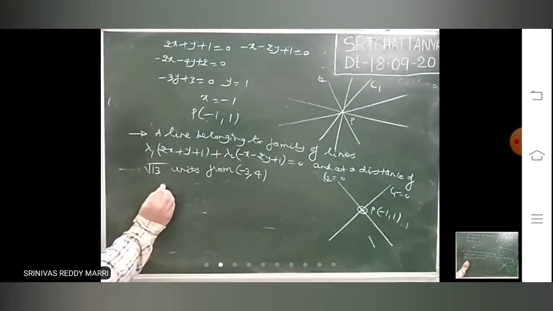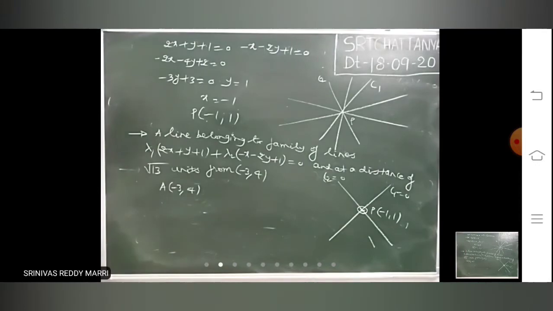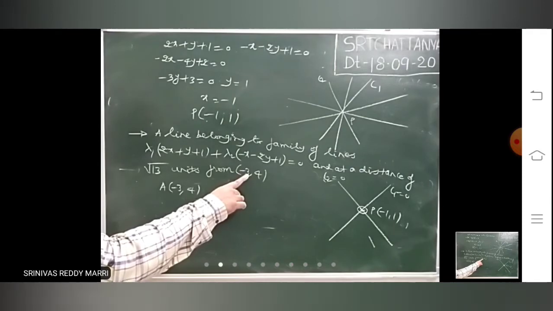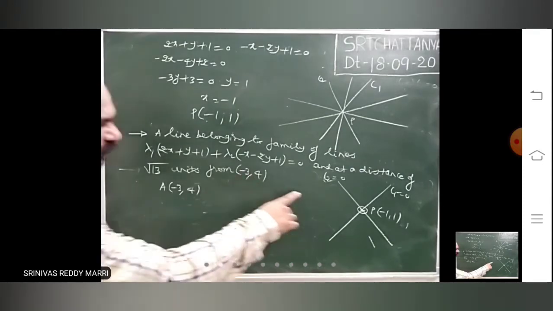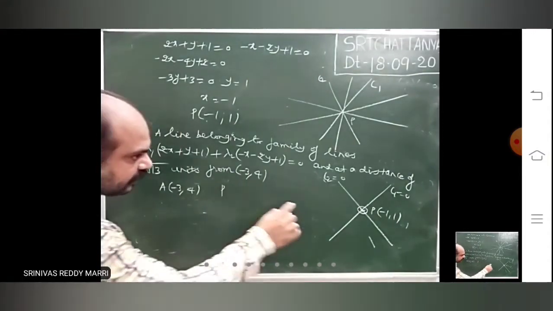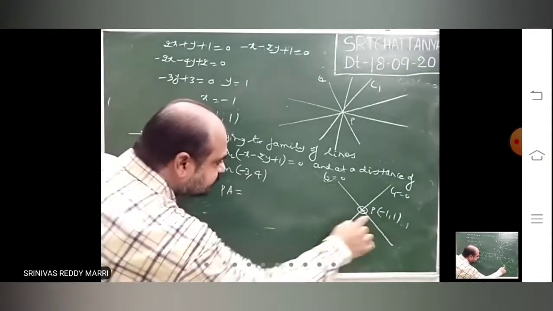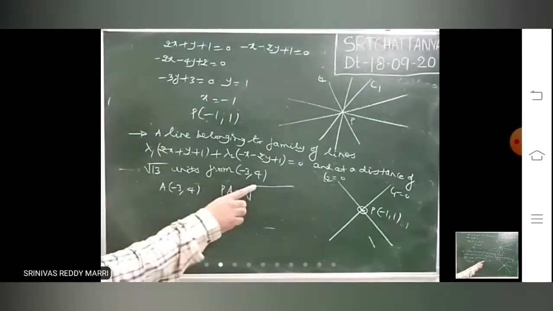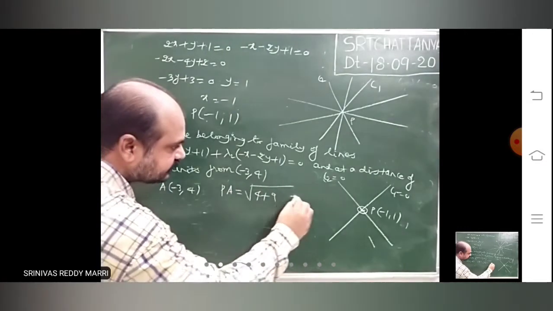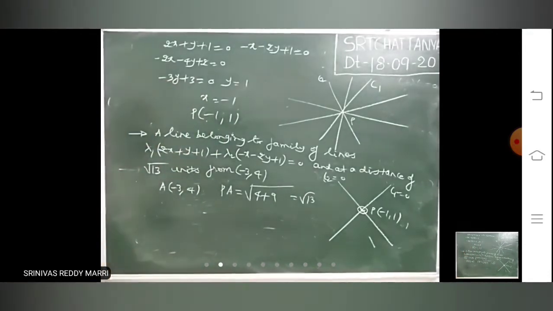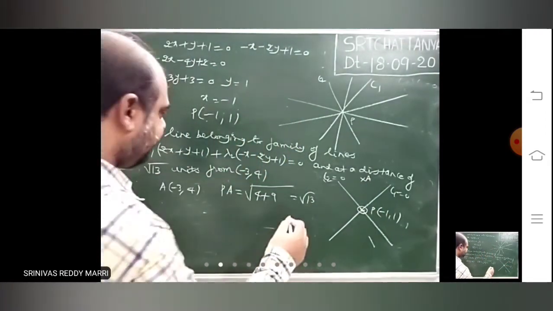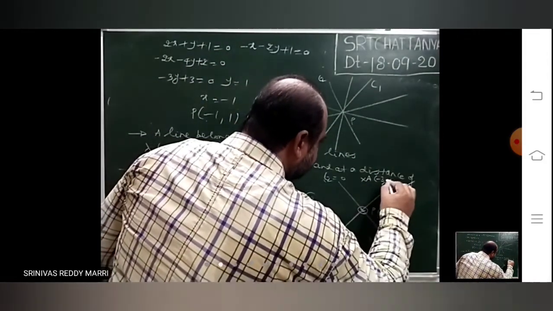Now what is he telling? Now let us say A is minus 3 comma 4. A line in this family is there which is at a distance of root 13 units from minus 3 comma 4. First you observe the distance between this and this. You observe PA is what? This is minus 1 comma 1, and A is minus 3 comma 4, so root of minus 3 plus 1 whole square plus 4 plus 9. First you find out that if it is exactly the distance only, that means you want a line in this family. Let us say A is some point minus 3 comma 4.